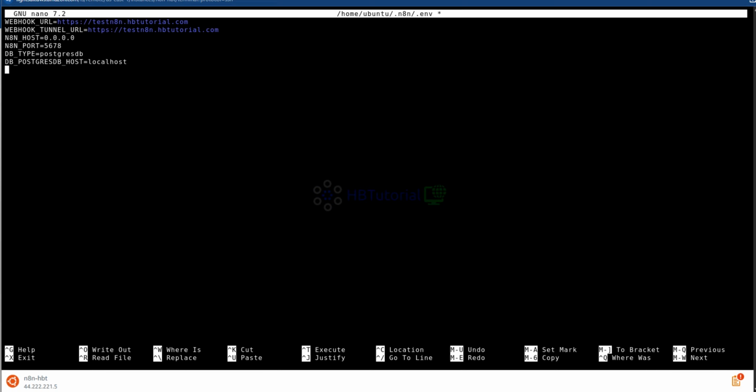Okay, DB underscore postgresdb port equals 5432. Okay, and then DB underscore postgresdb underscore database equals n8ndb.